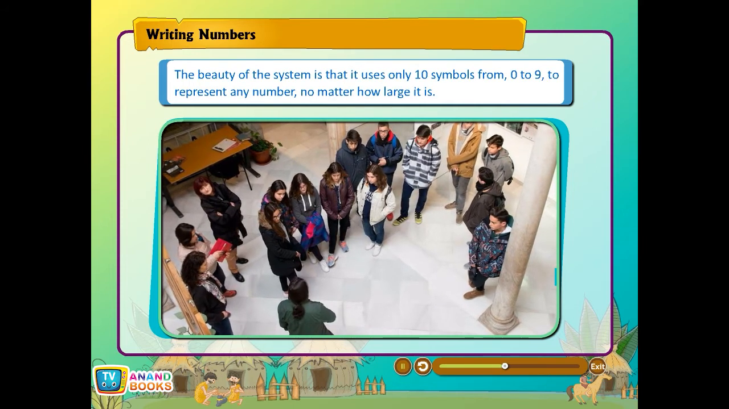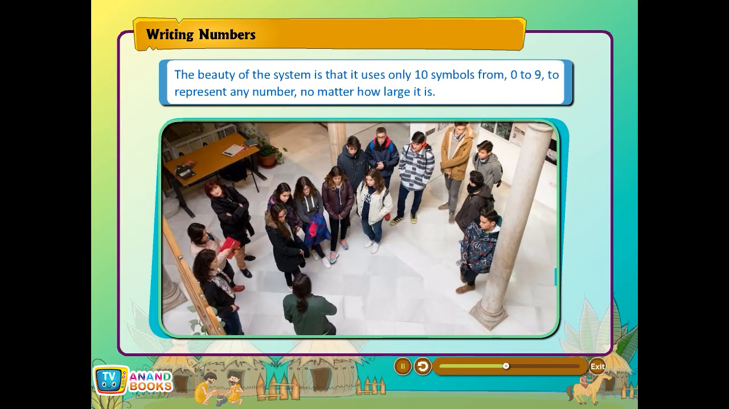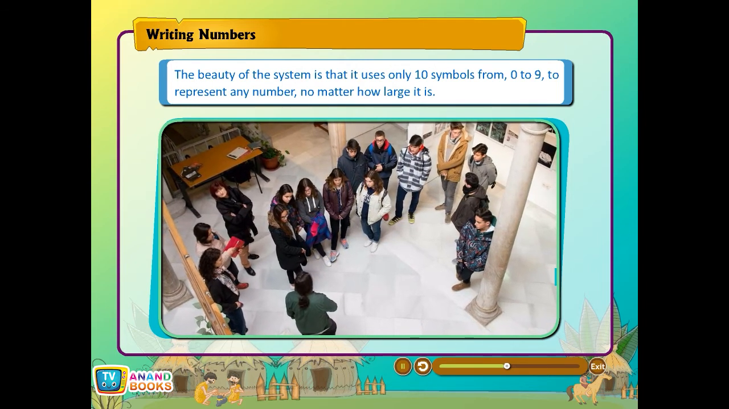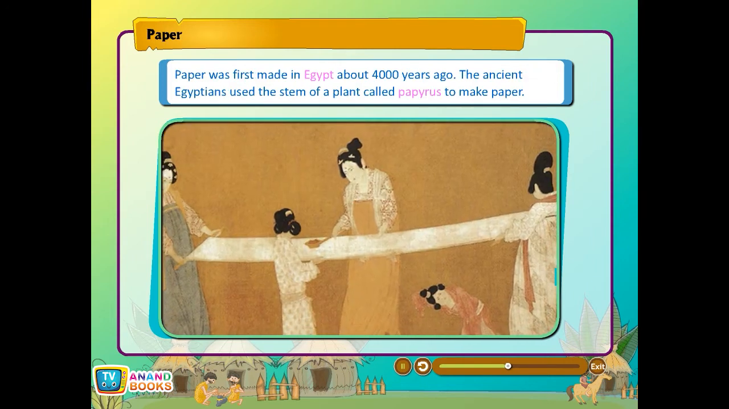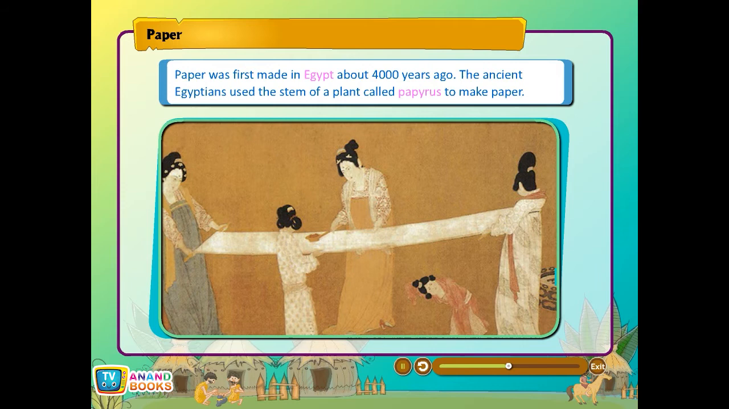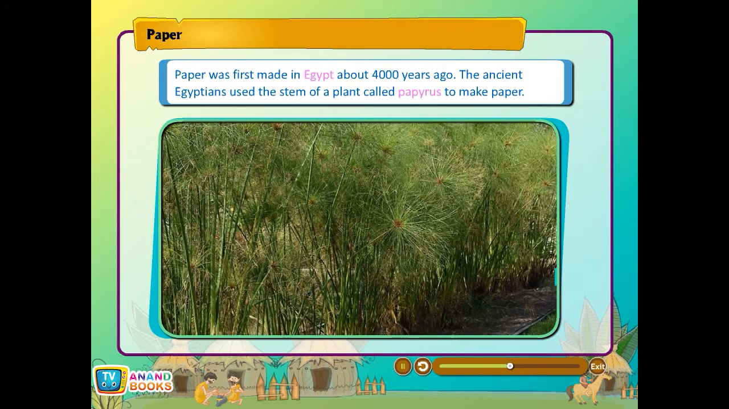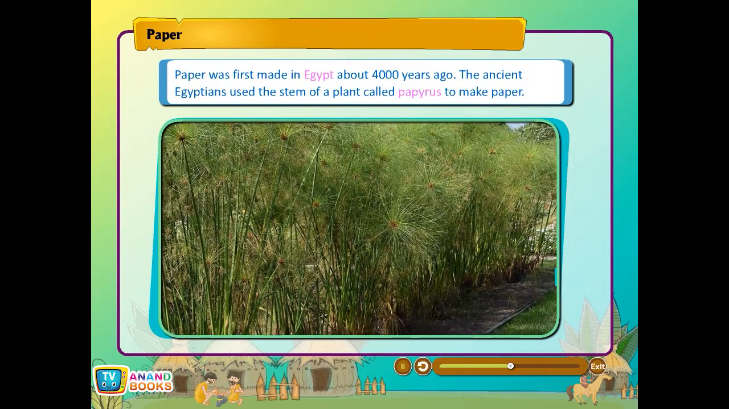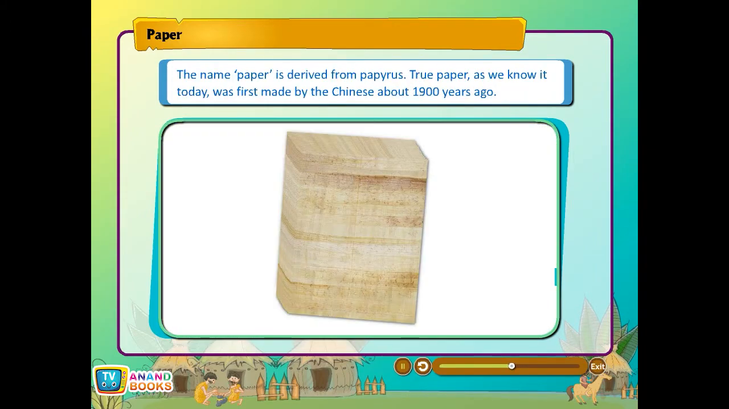The beauty of the system is that it uses only 10 symbols from 0 to 9 to represent any number, no matter how large it is. Paper. Paper was first made in Egypt about 4,000 years ago. The ancient Egyptians used the stem of a plant called papyrus to make paper. The name paper is derived from